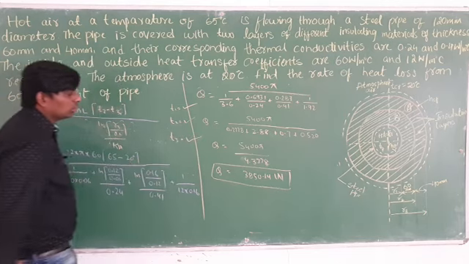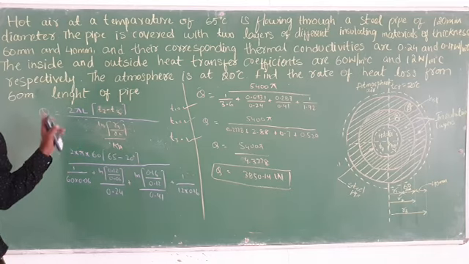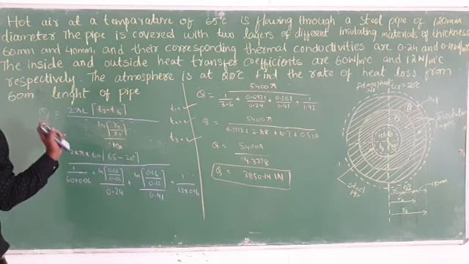But in this question he is not asking to find out the intermediate temperature. If intermediate temperature is not given, directly you can find out the Q and you can stop there. But if intermediate temperature is given, you have to create it with the help of the basic formula like this. Okay now?